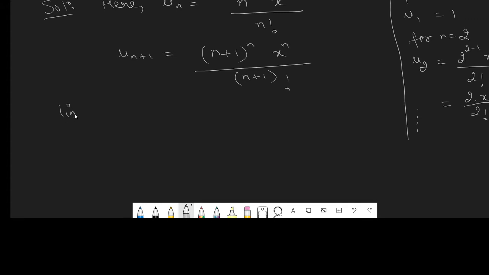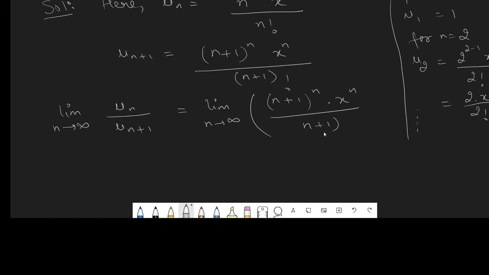Okay, so the limit n tends to infinity un divided by un plus 1 is equal to limit n tends to infinity n plus 1 power n multiplied by x power n divided by n plus 1 factorial. Now if we simplify it,